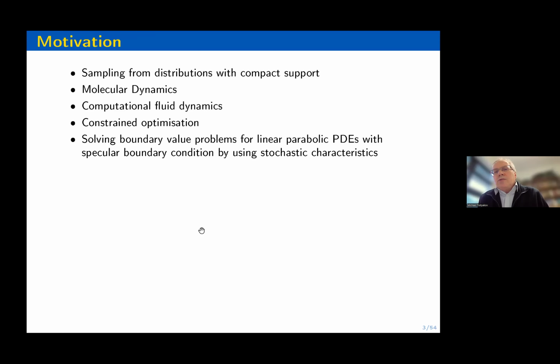Stochastic differential equations such as underdamped Langevin equations, overdamped, they are very broadly used now for sampling from distributions supported on the whole Euclidean space, with applications to Bayesian statistics and molecular dynamics. And it's natural to ask this question when we have those distributions defined on a bounded domain within the Euclidean